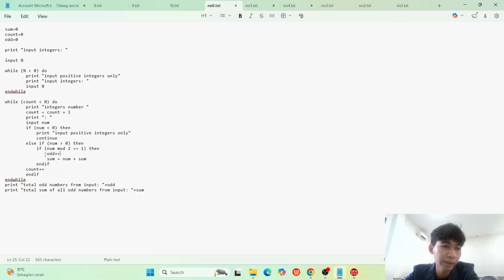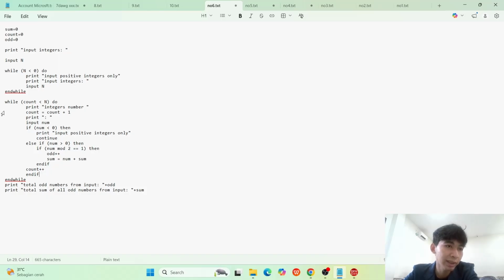If negative, this doesn't count up. And then sum is set to the value of num plus sum. So the decision stops, and then count plus plus. Same as odd plus plus, it will count up only if it is positive. And if.